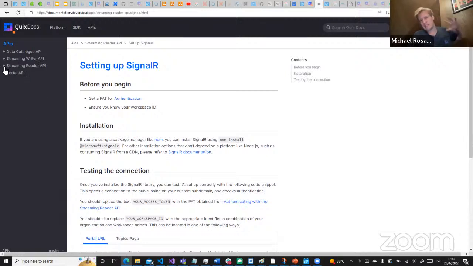Cool, and it's these two, streaming writer and streaming reader, which give you this nice round trip potential. So you can send data from the client to the cloud and get it processed. I'm Uber and I want to build my usage-based pricing backend, and then I can get the data back to the client as well in a small amount of time.